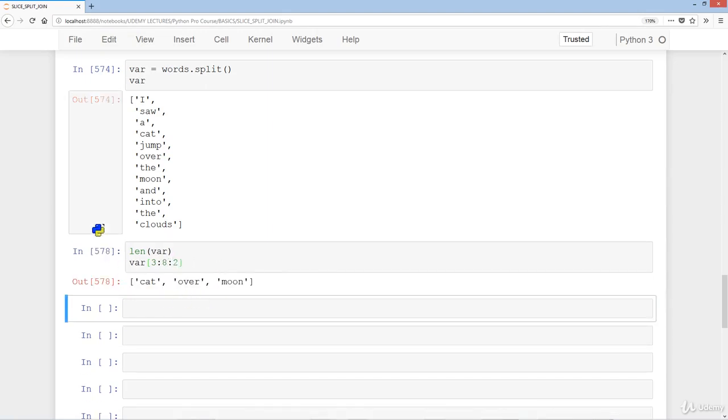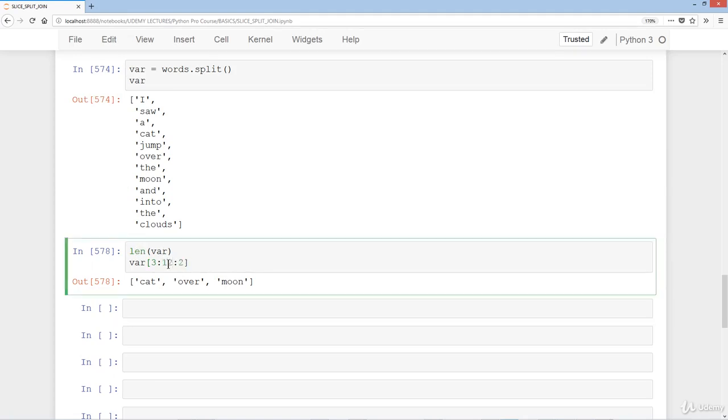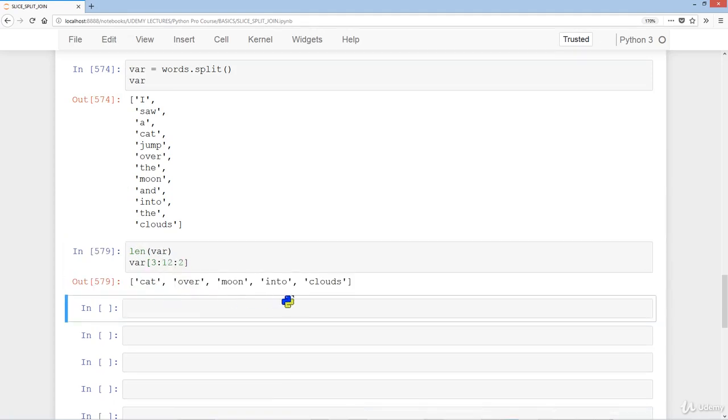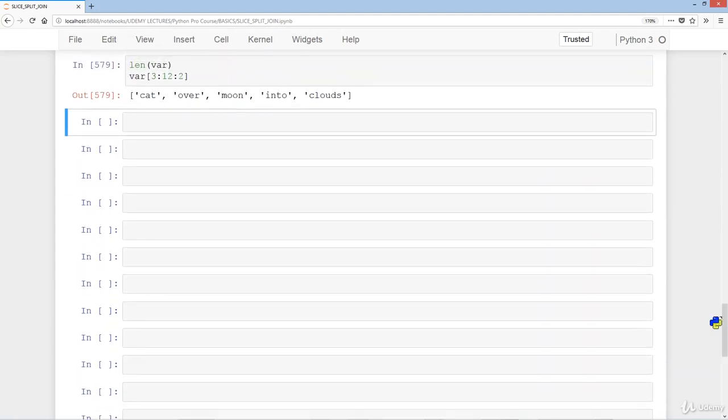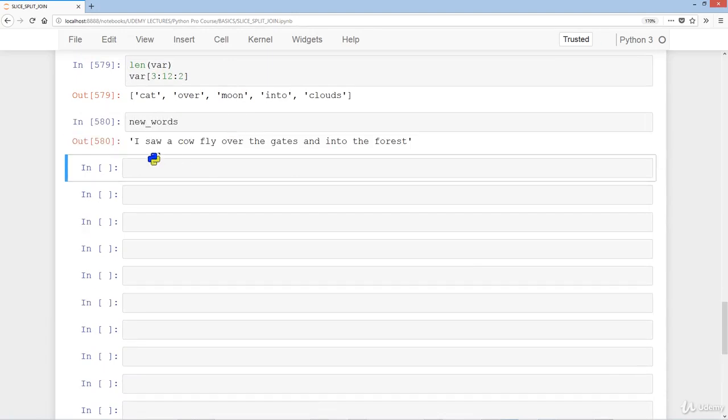So let's say I want to also have cat over moon into clouds. Well, we know that if we do a len var, we get 12. So if I put a 12 here, we get cat over moon into clouds. Okay, great. And similarly, let's take a look at the new words variable, which is I saw a cow fly